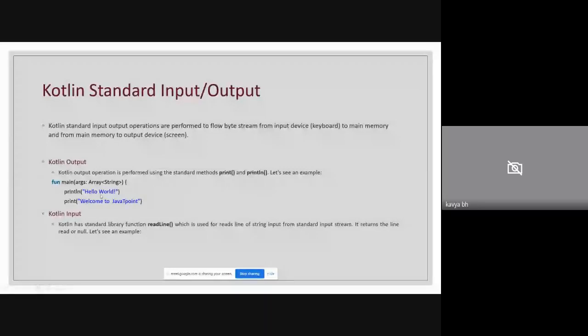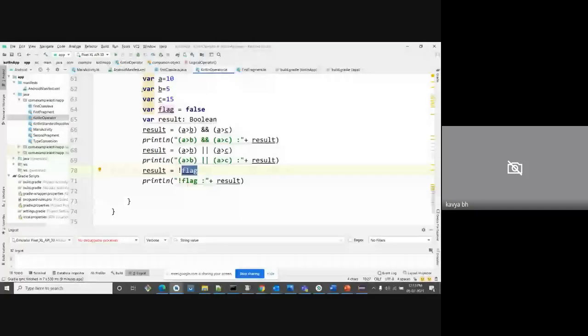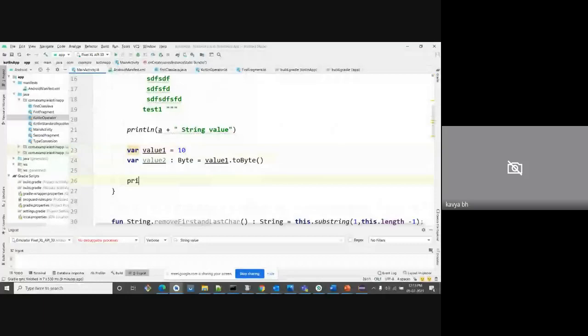For output we normally use println. In Kotlin we use println; in Java it is System.out.print. I'll show an example of how we get println. But we have a problem with print here, so I'm just showing println. Here you can see the test Kotlin. I'm just going to run this one.